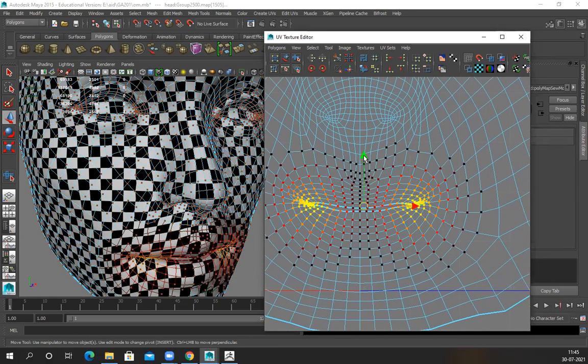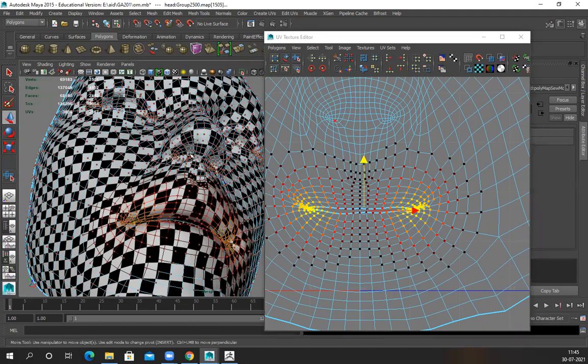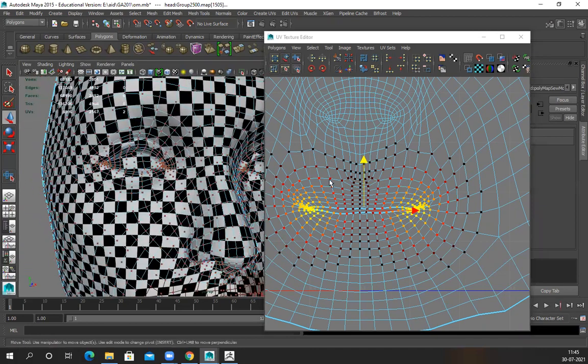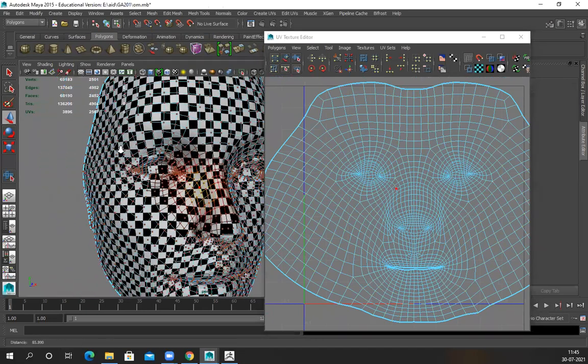Okay, let's see. Sir, can we not cut the nostril holes? Nostril holes you can cut, like anything which is not prominently visible. Nostril holes will be slightly darker in color and it won't be visible. So we can cut it definitely, but that won't help actually. It's a very small, tiny space. It won't help.